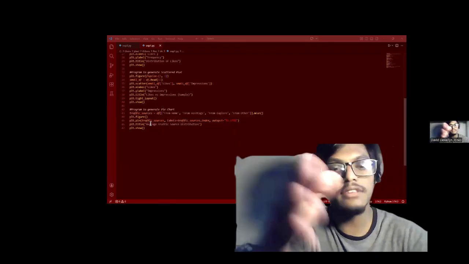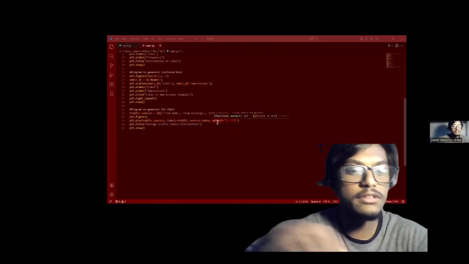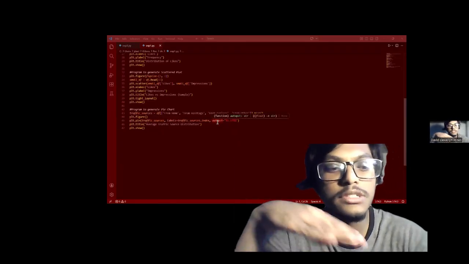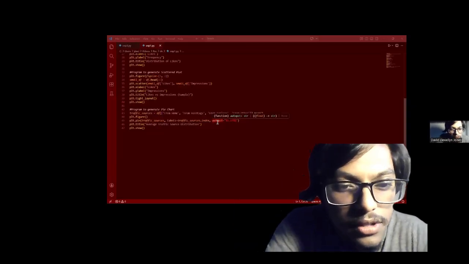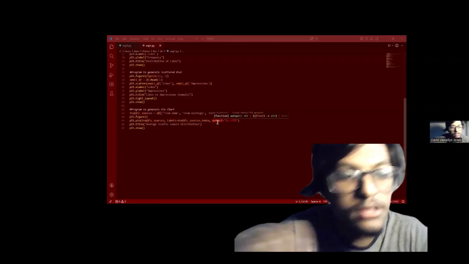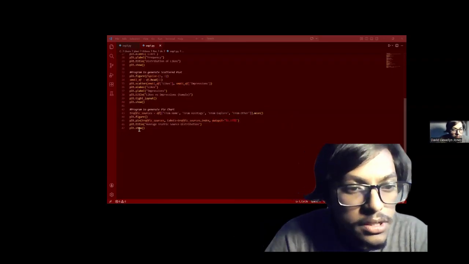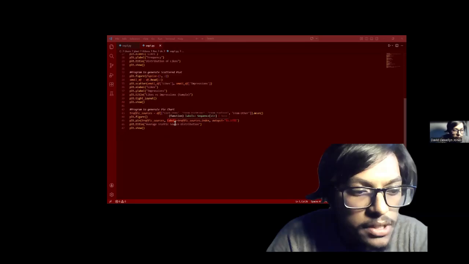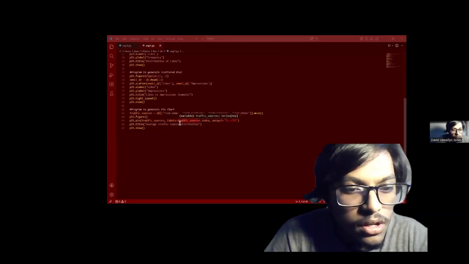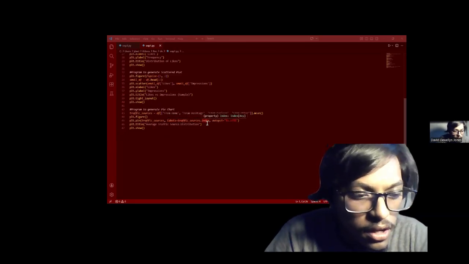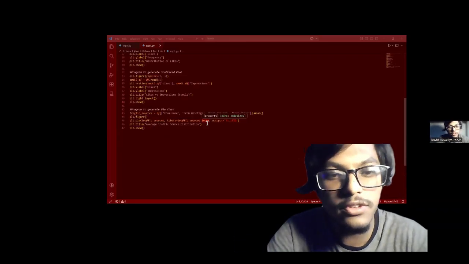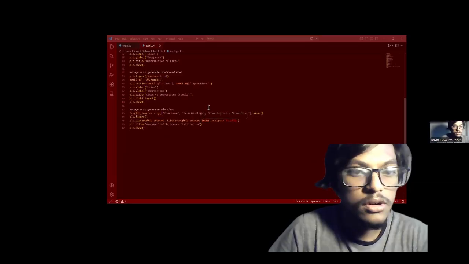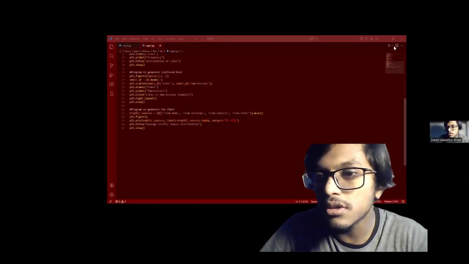It creates slices. The autopct argument tells Python to format the numbers as percentages with one decimal point. The labels use the index, the column names like home, hashtags, etc., as labels for the slices. And the output here is